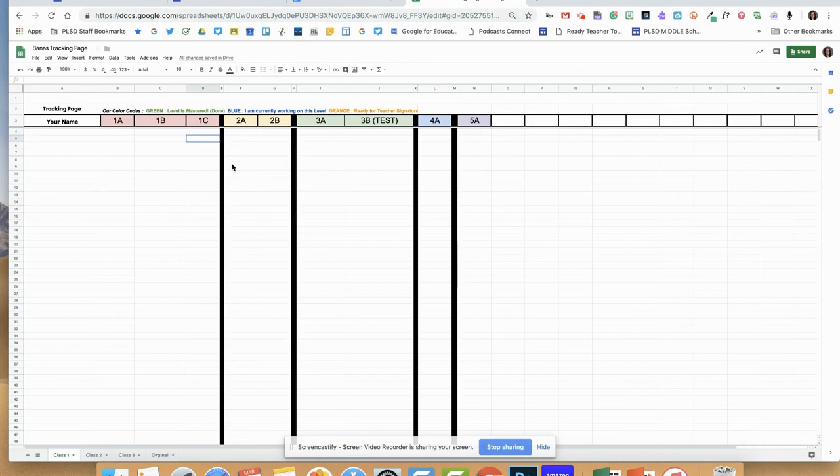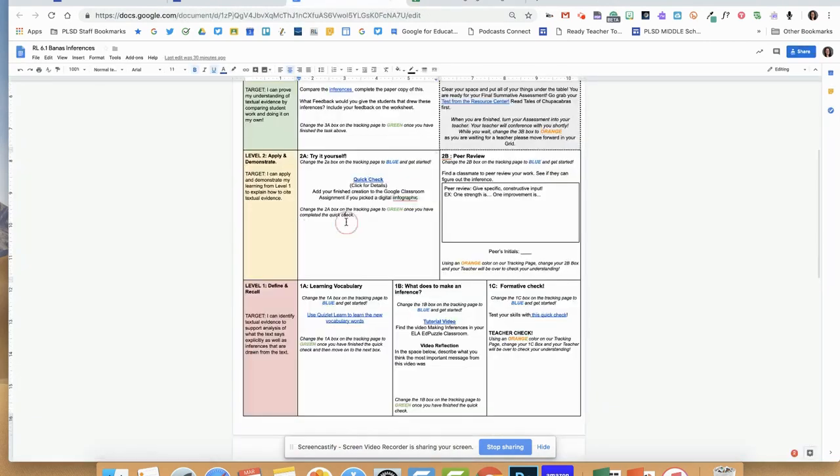So again, they're going to make their box blue. They get started. They can choose. Do they want to make it digital? Do they want to make it on paper? The students get to choose what platform they want to use. They could use Adobe Spark. They could use Canva. They could use Google Slides, Google Draw. That is up to them. And they're using their notes from DOK 1 to organize that information